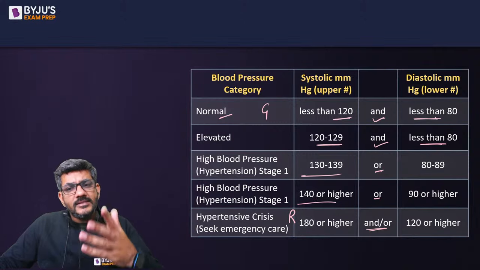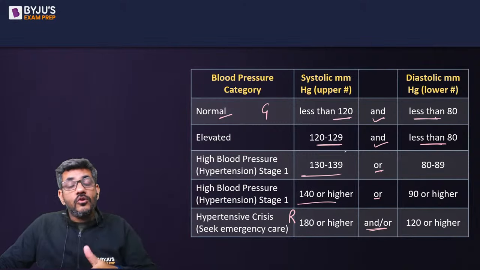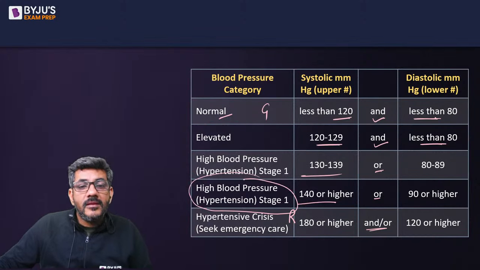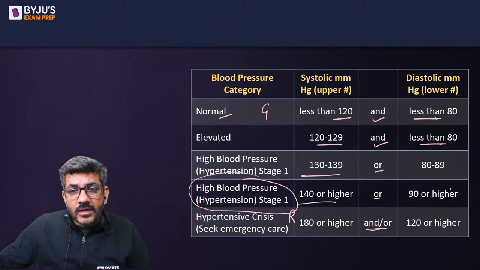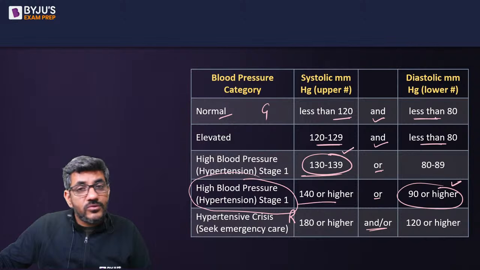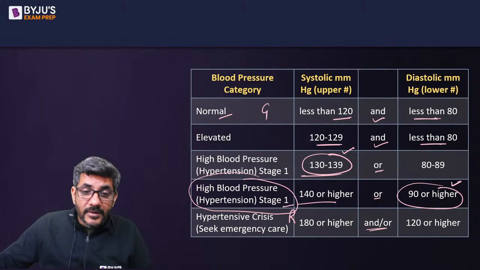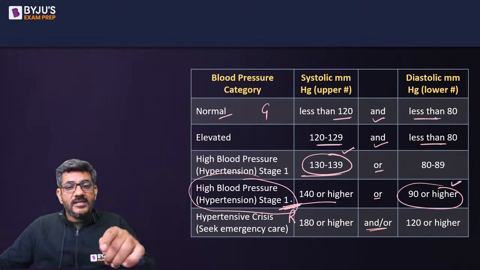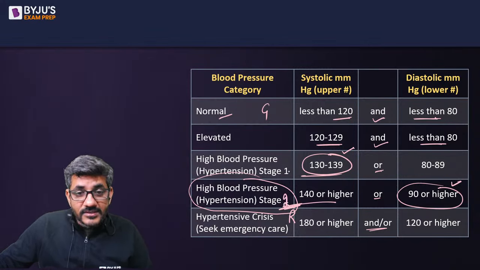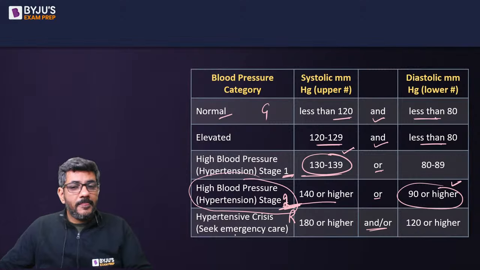कुछ ऐसा हो गया जिससे वो दोनों में लाई कर रहा है. अगर दोनों में लाई कर रहा है तो ऐसे केस में ये वाला केस लिया जाएगा. मतलब मान लीजिए पर्सन का डायस्टोलिक 90 और मोर है, बट सिस्टोलिक एज दिस. डायस्टोलिक इज दिस, सिस्टोलिक इज दिस, तो दोनों में आ गया. ऐसे केस में ही वुड बी कंसीडर्ड इन दिस कैटेगरी, दैट इज हाई ब्लड प्रेशर स्टेज 2. आई थिंक ये भी 2 है, 1 नहीं है. स्टेज 1 तो यहां थी, तो ये स्टेज 2, right?